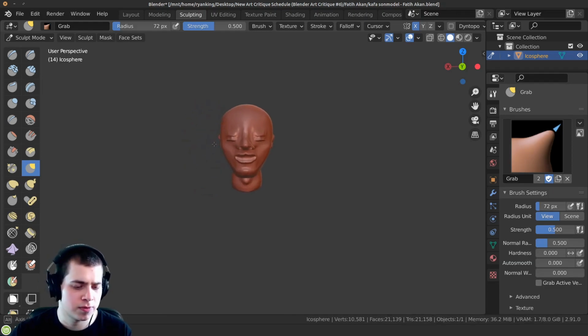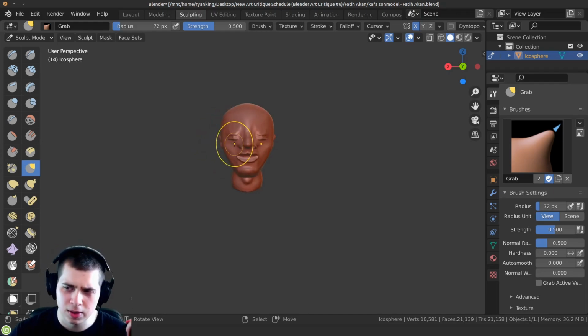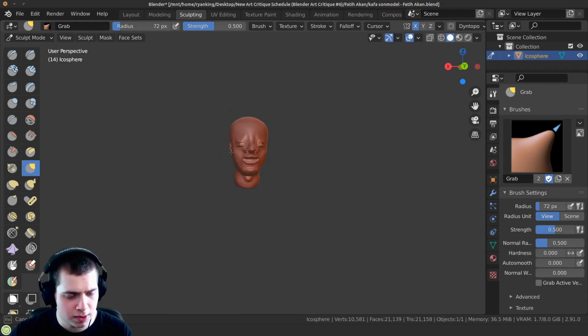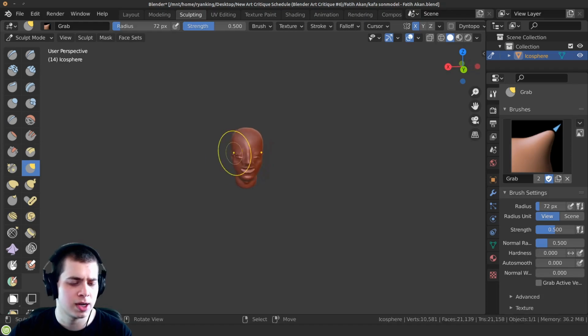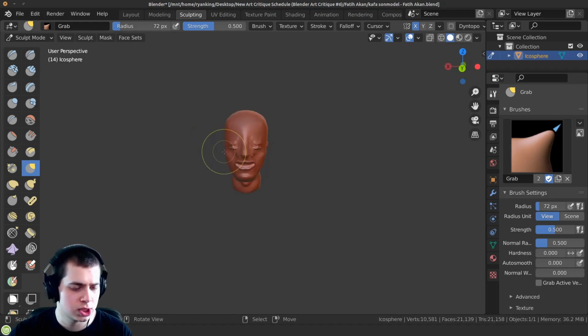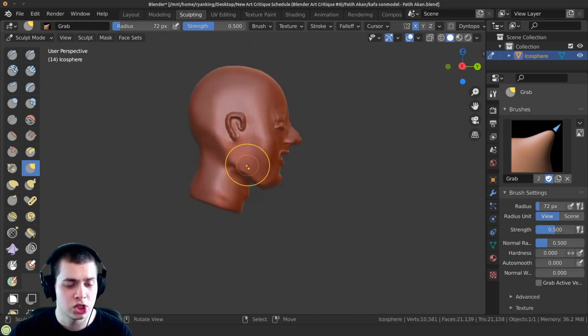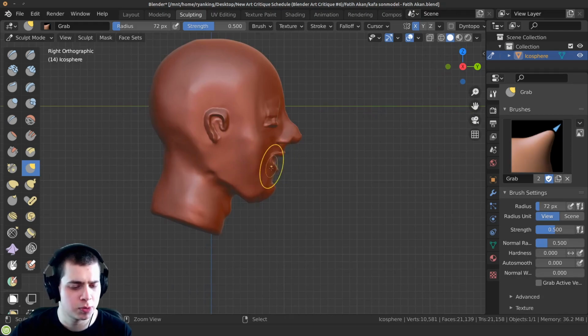Now looking at it from the front here, it is very long and the face isn't really that wide or long. And also the side of the face is somewhat flat. So I'm just going to tap in here and bring that in. You can see I'm looking at it from far away and moving around to check my angles and shapes and try to get it right. This jaw is really big. If I go back to the side view, yeah, it's a pretty big jaw.